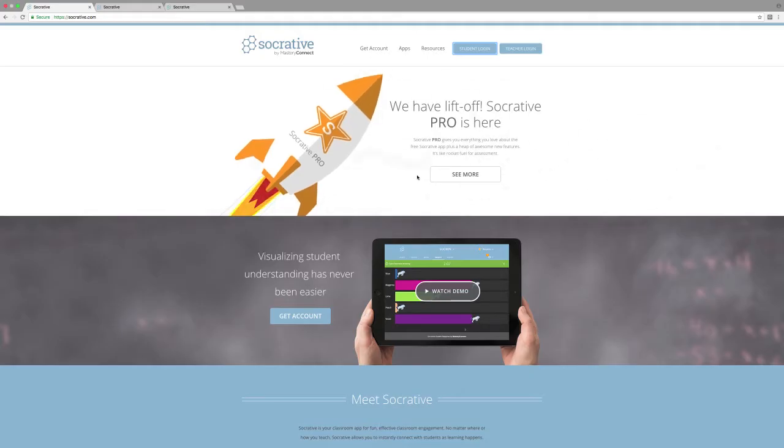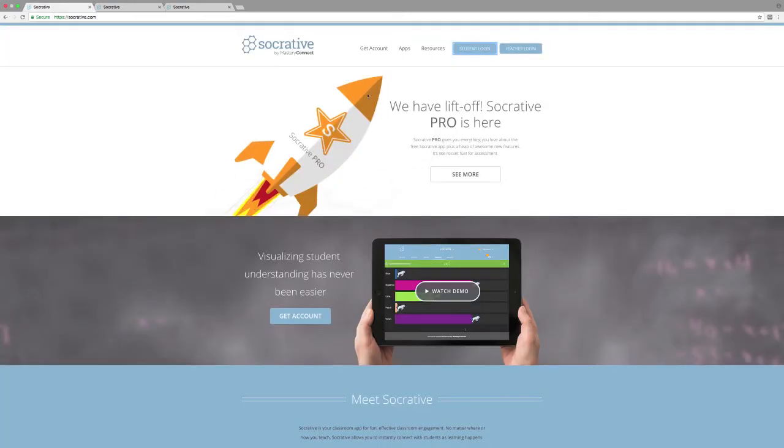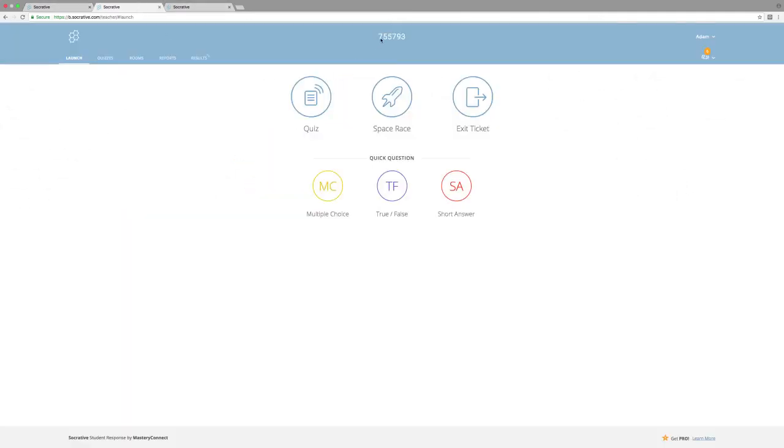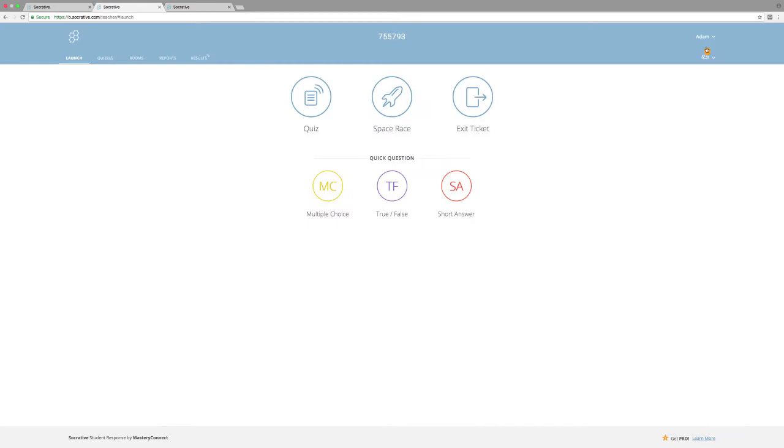The way this is set up is first you create your own Socrative account, which again is free. This gives you a room number or name, and this is what your students use to log in to your room. When students come here, they will click the student login as opposed to the teacher login, and they will enter that number, for example, 755793, here into your room name,